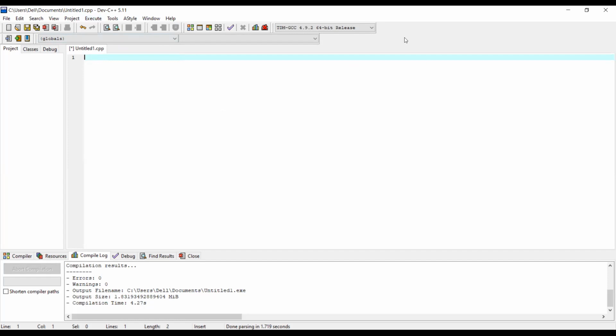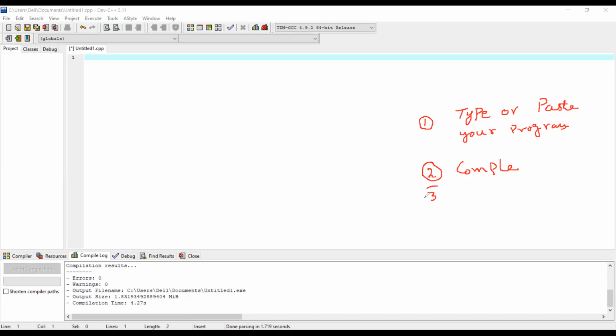To type the program first, number one, type or paste. What option you want to use? Type or paste your program. This is step number one. In step number two, you have to compile your program. Number three,